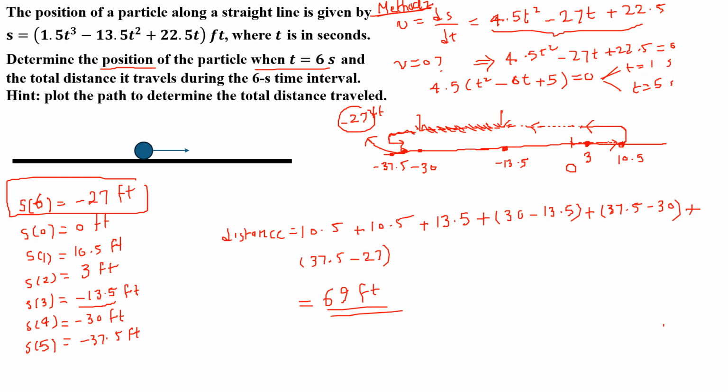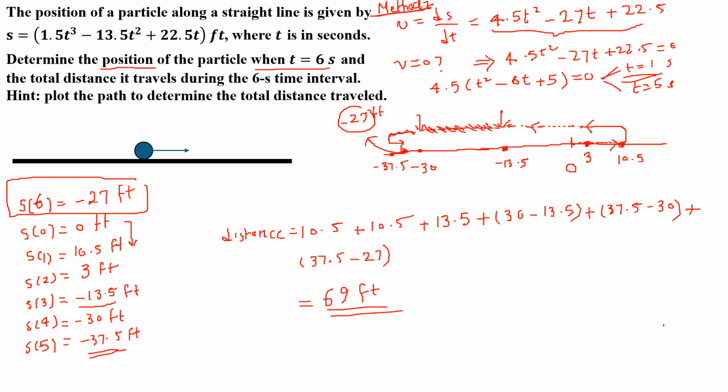So at these times, right, the particle changes direction, right? And now if you look at this, let us see now. We start from 0, right? We went to 10.5 to the right. Then now, see this. At t equal 1 second, in fact, we went back, right? So from 10.5 to 3 seconds now, I went back. Right now, we are still going back. At 5 seconds here, now see, at 5 seconds, I was at negative 37.5. Then now, I went to the right, and we found this, that at 6 seconds, in fact, the position was